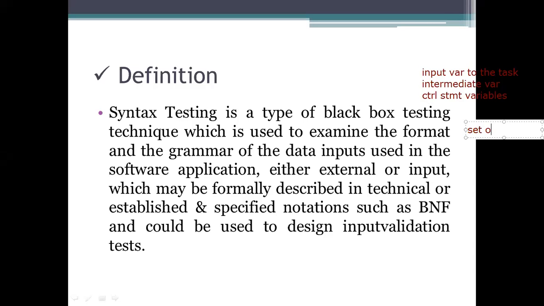It consists of a set of values to be passed to that variable to achieve that task. So the input we are using for that variable is an important one.